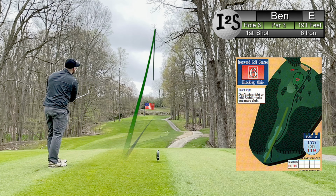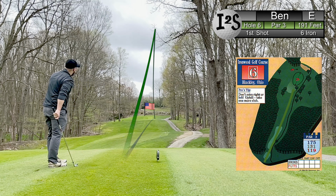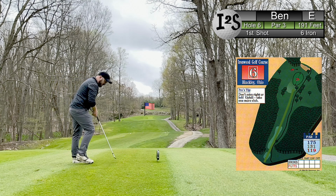Yep, that's right where I was aiming. I think I'm gonna be short. Yeah. That was one 180, let's say 182 playing 191. My 5 iron carries between 200 and 205 if I flush it, and I always play for the flushed shot